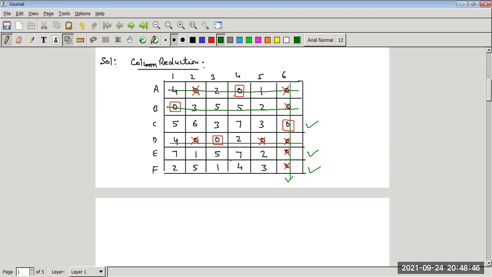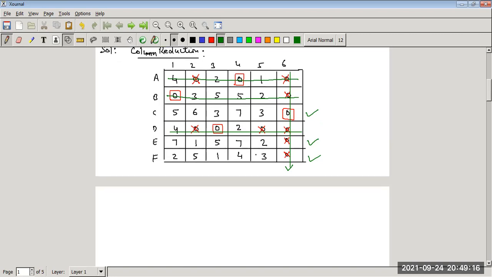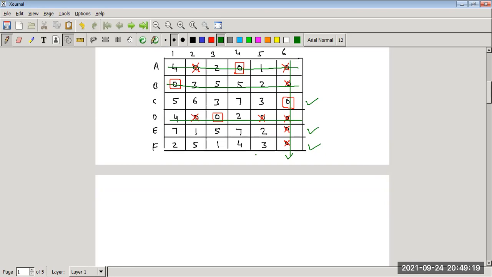They must be equal. Second thing, no 0 left where no line is passing through it. आपने ये देखना, ध्यान से देखना है कि कोई 0 बचनी नहीं चाहिए जहां से कोई लाइन पास नहीं हो. All the zeros are covered by the lines. So we have covered all the zeros. This zero is covered, this zero is covered, all the zeros are covered, right? So we have non-zero numbers. हमें non-zero number मिलने चाहिए जहां से कोई भी लाइन पास नहीं हुई. It means what we have to observe, keep in mind, all the zeros are covered.